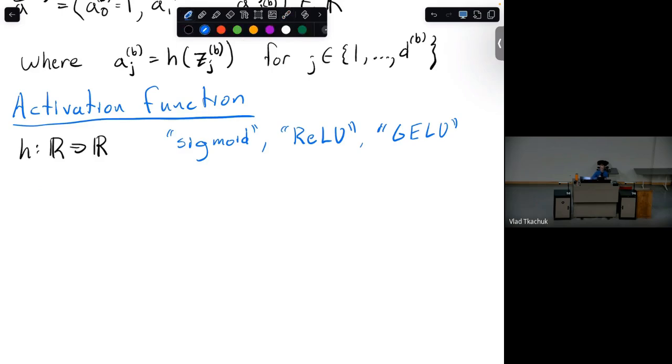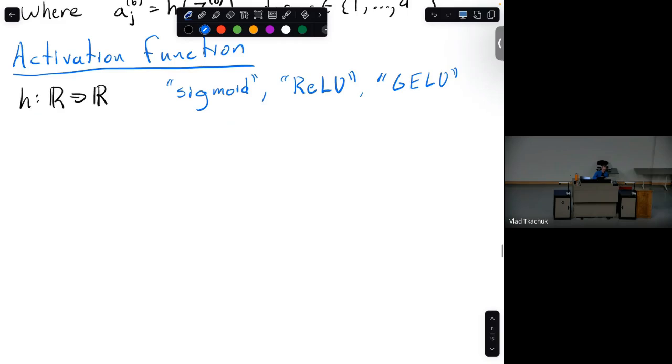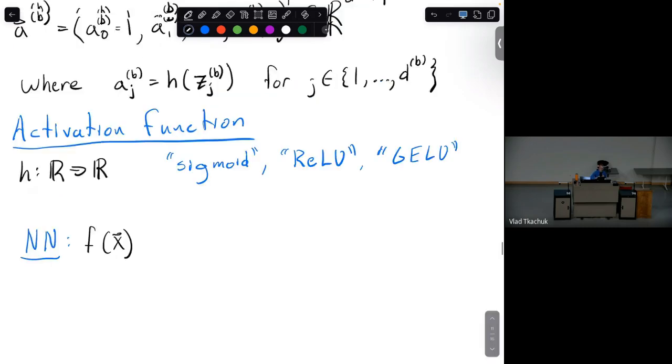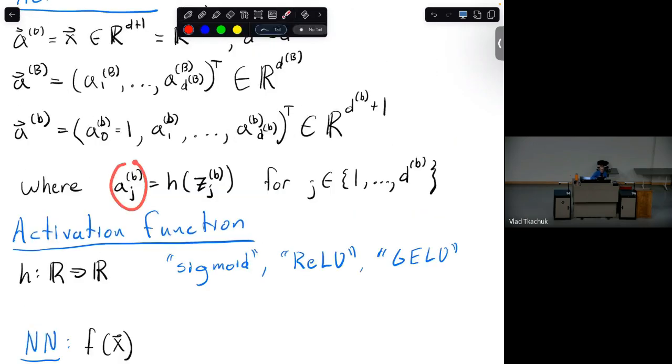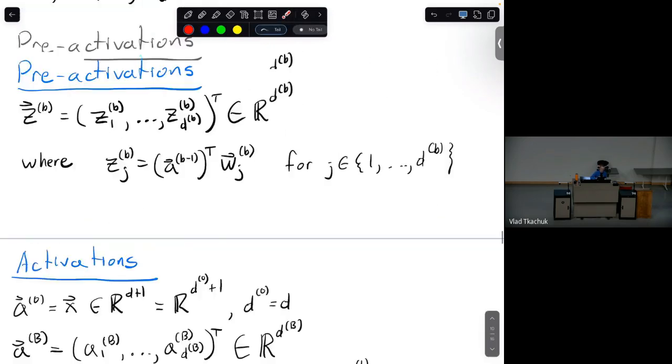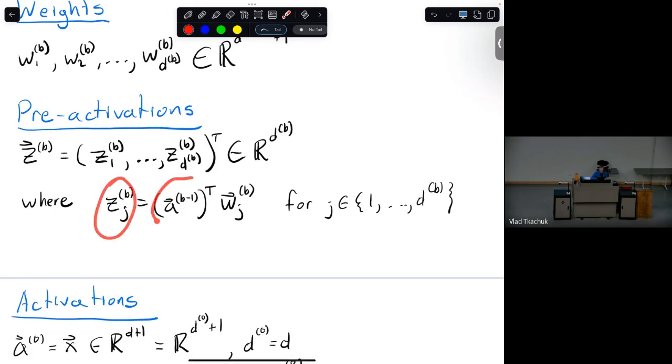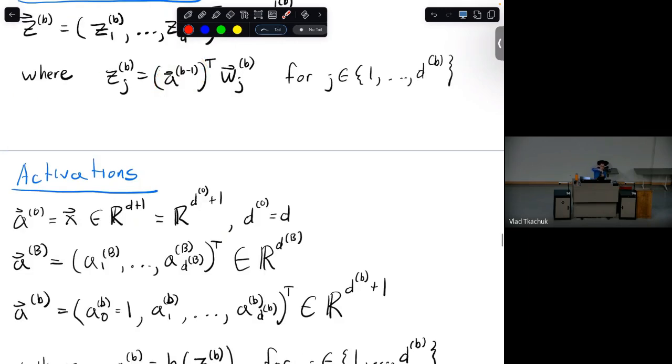Okay, what did we get to with all this? What we got to is that we have a neural network. What does the neural network look like? The neural network is the following. It's a function that takes in as input x, passes it through all of these layers. Each one of these activations depends on the pre-activation. Each pre-activation then depends on the previous layer's activation, and then that activation depends on the pre-activation, which depends on the activation of the layer before that, and so on and so on. So there's this whole backwards thing that goes all the way back to the input.